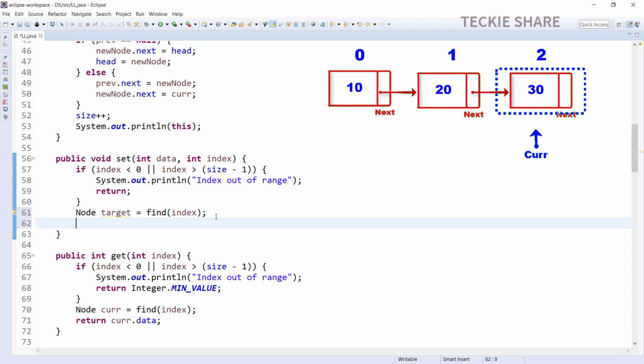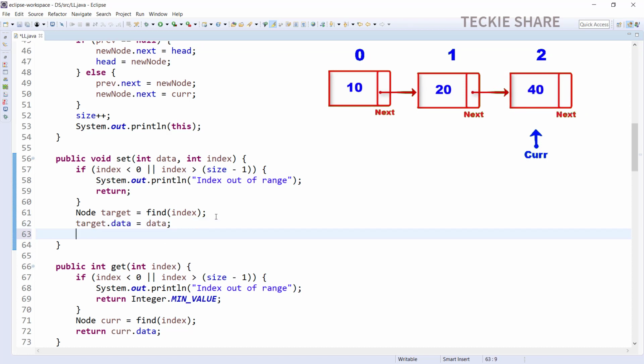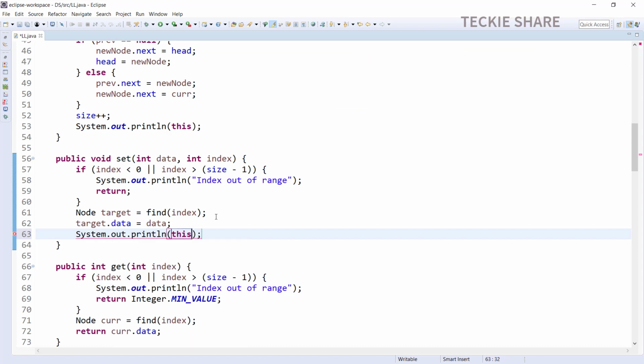Once I found the target data, I'm simply setting the new value to the specific index. The new value, let it be 40. So the 40 will be updated in the second index position using target.data equal to data. That's all about the set method logic.